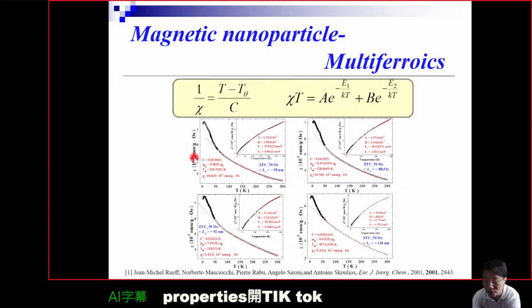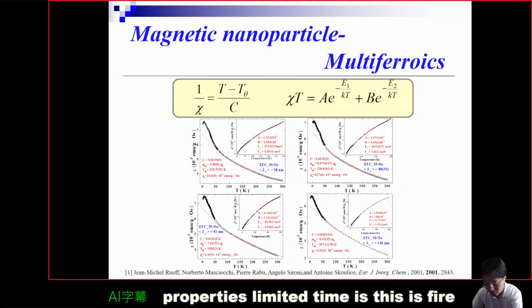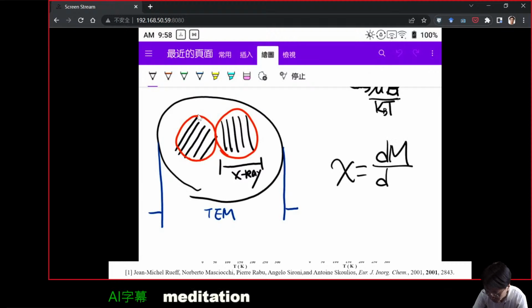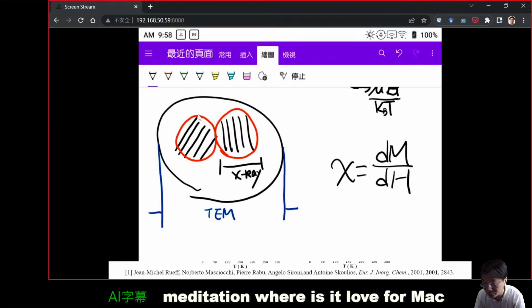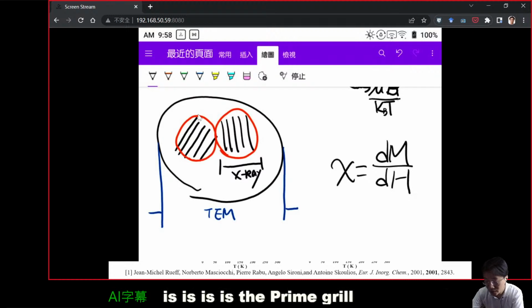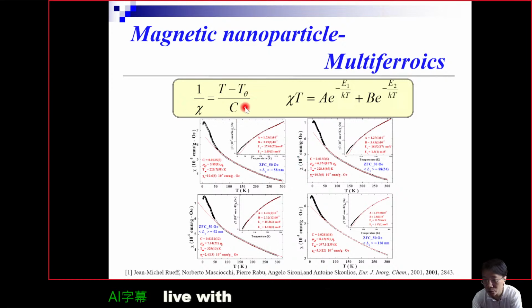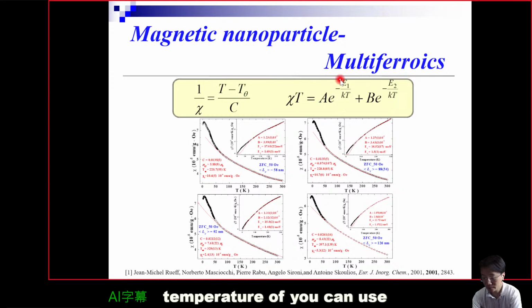Chi means the magnetic susceptibility, which is defined as here. The chi is defined as the magnetization varied with the external applied magnetic field. Okay, so you can say it's the response to the magnetic field. So we can fit that with a Curie-Weiss law to get the ordering temperature, or we can use this equation to get its